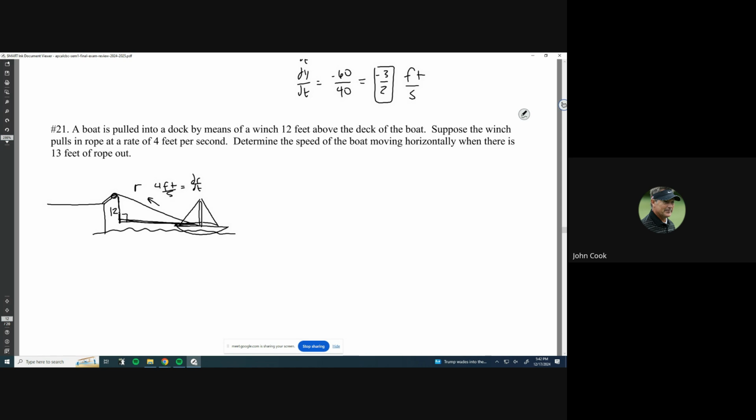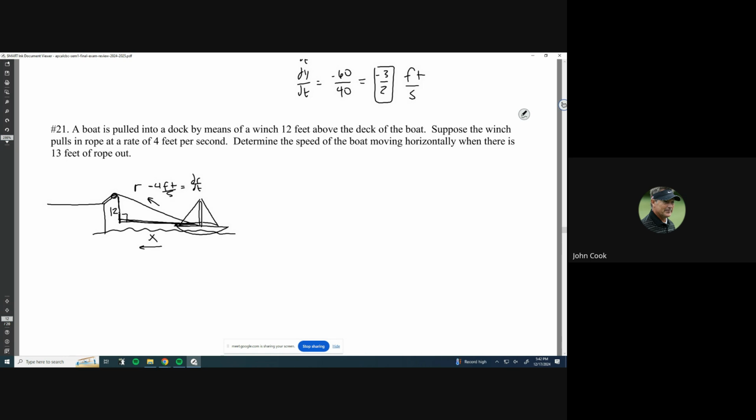That means that this variable, we'll call it x, is going this way, right? Because the boat's getting closer to the dock. So that's what we should look forward to. The rope is going to be getting smaller, so it's going to be a negative. And also I should expect this